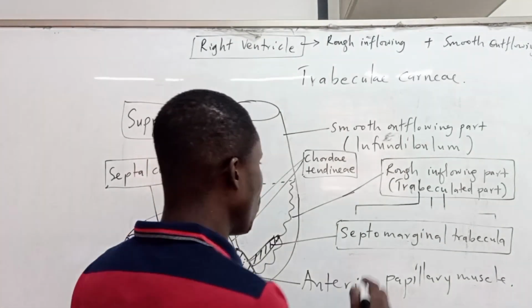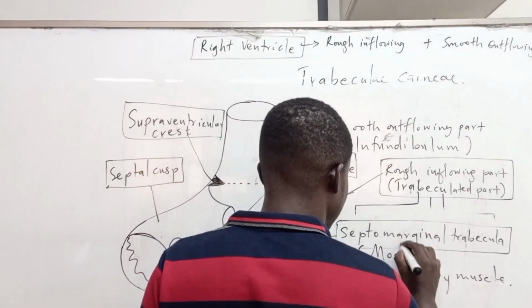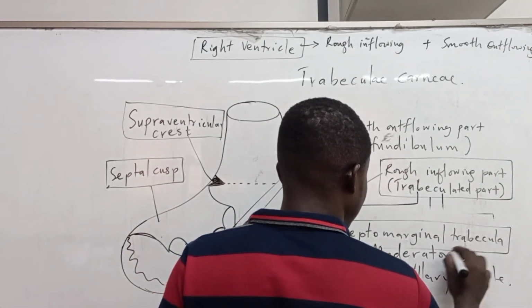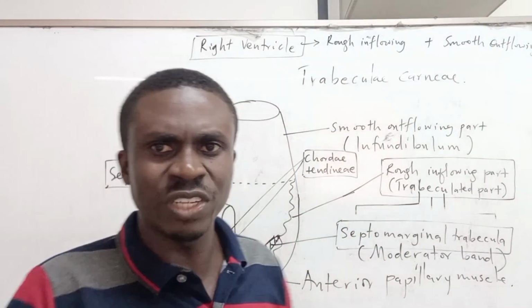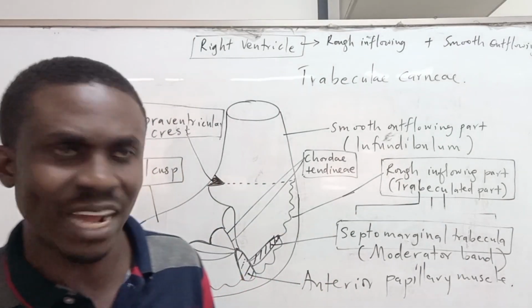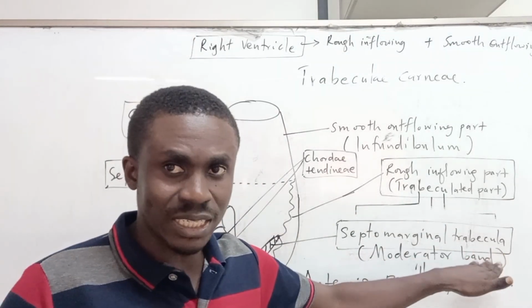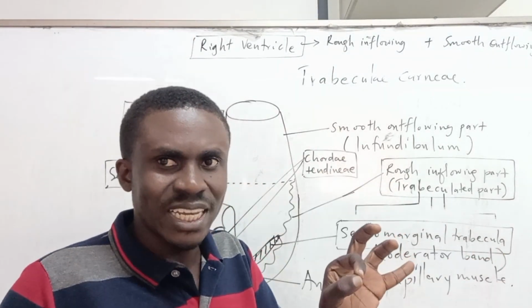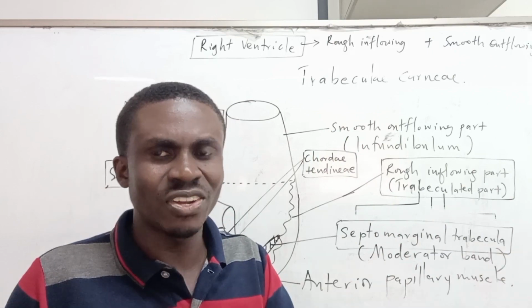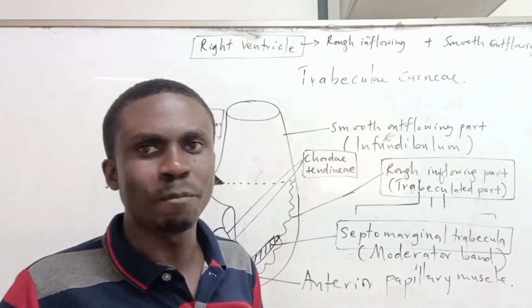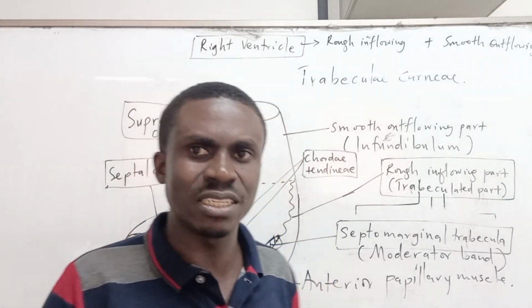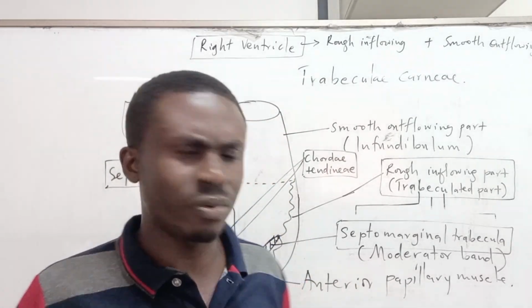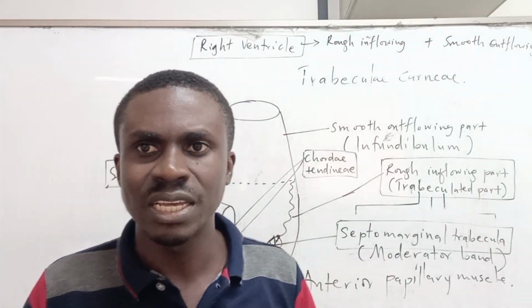We also call it the moderator band, because the conduction system will eventually moderate the contractility of the heart. So this is the moderator band, which carries the right bundle branch of the bundle of His to the remaining trabeculae, the muscles in the right ventricle